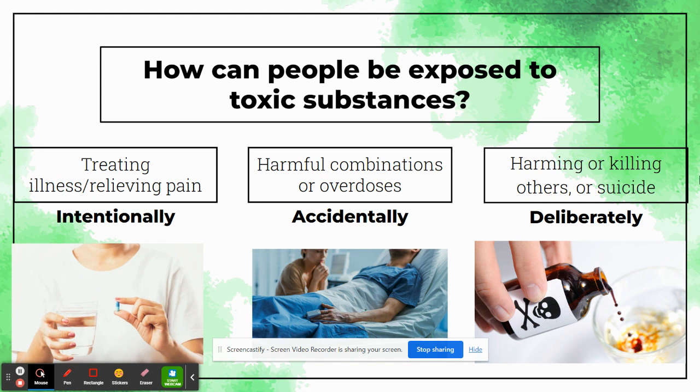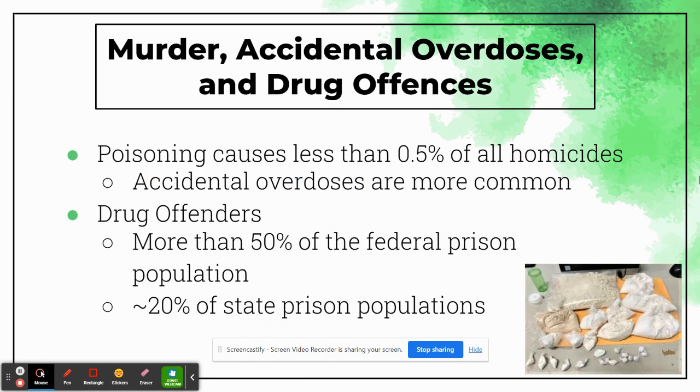There are some instances, though, where people accidentally combine certain drugs that should not be combined together. They might even overdose and take too much of a medication. And if it's not something that's intentional, meaning they didn't try to overdose, they didn't try to combine the two medications to make them feel really sick, in that case, that would be qualified as an accidental exposure. And then if we see someone deliberately trying to harm themselves or others, that's going to be what falls under deliberate exposure.